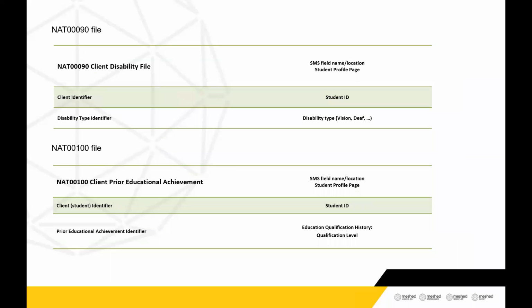Then we have got the NAT90 file. NAT90 is the client disability file. This file will talk about any disability, if recorded for any student, which appears in the NAT80 or 85 file. So if there are students in NAT80 who have a disability recorded for them, that disability will be appearing in the NAT90 file. This file may be empty as well if we do not have any disability recorded for any of